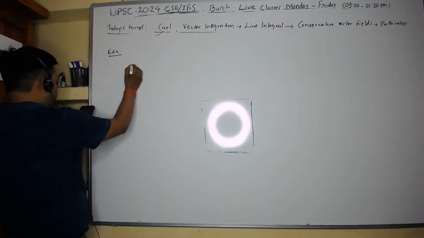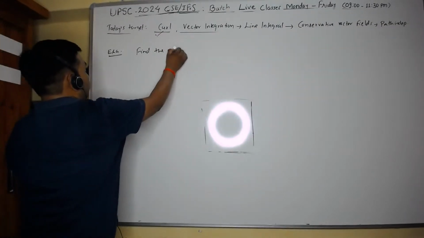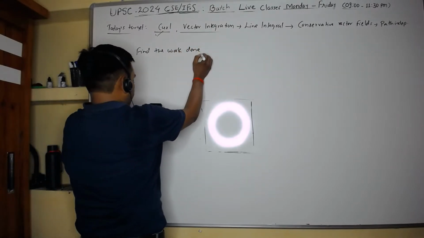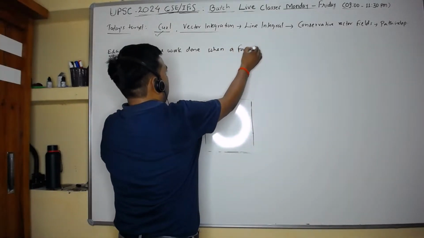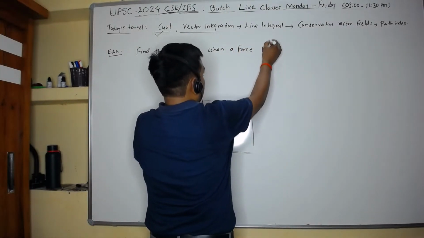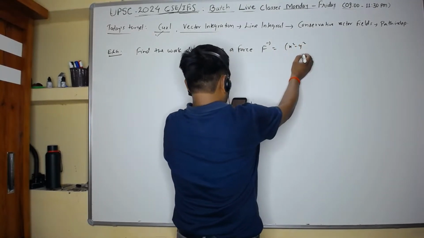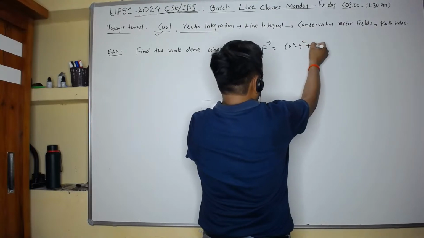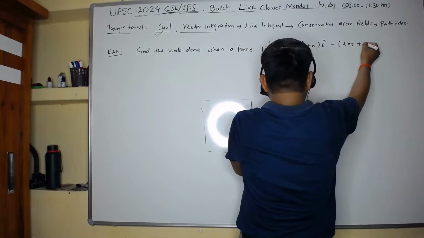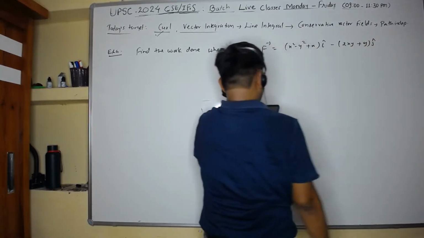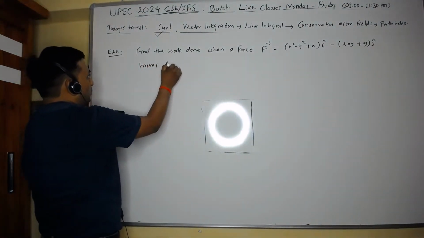Write one more example, just fast, please. Find the work done when a force F vector equals (x square minus y square plus x) into i cap minus (2xy plus y) into j cap moves from,